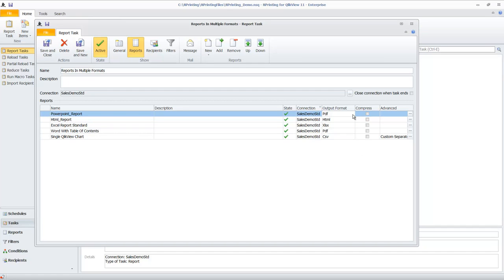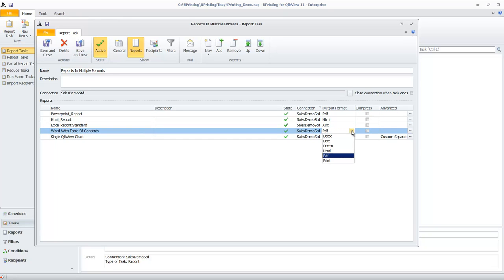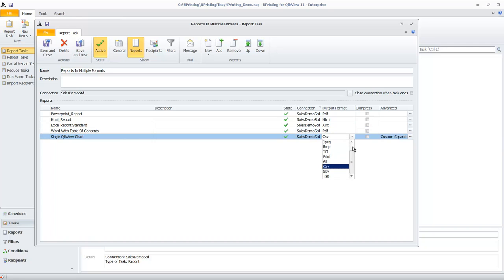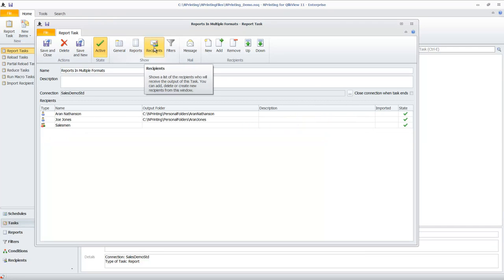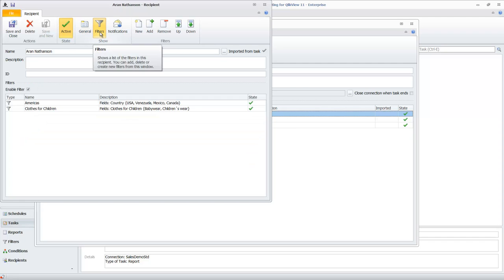PowerPoint reports can be rendered in a number of different formats, as can Excel reports, Word reports, and also individual QlikView objects. We can select who to send the reports to by clicking on the Recipients button. This shows us a list of existing recipients. If we open the recipients up, we can see that they have delivery information, like an email address and a local or network directory, as well as filtering information. So this recipient will always receive reports filtered for USA, Venezuela, Mexico, and Canada, and for the baby wear and